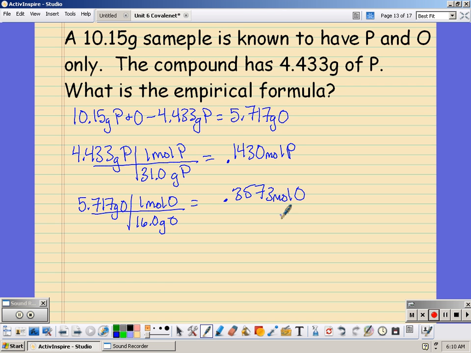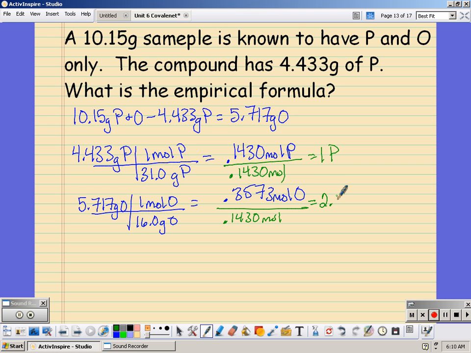And then we divide by the smallest. And that would give us 1 phosphorus. And when we divide the oxygen, we actually end up with 2.5